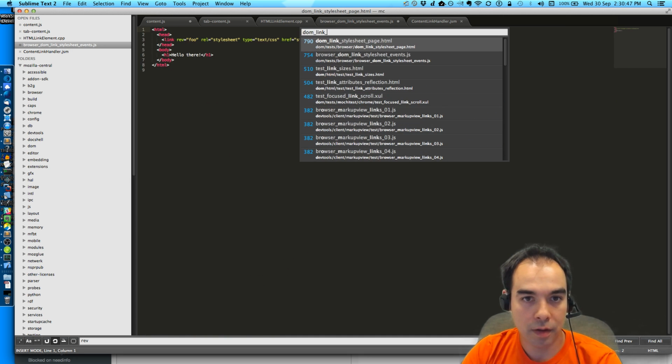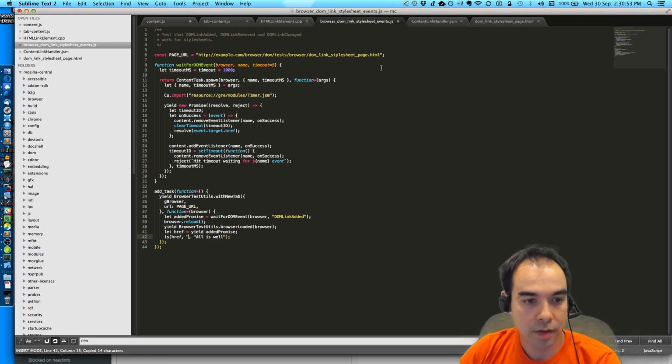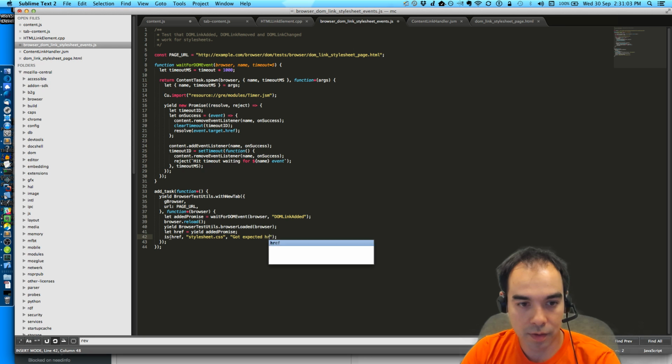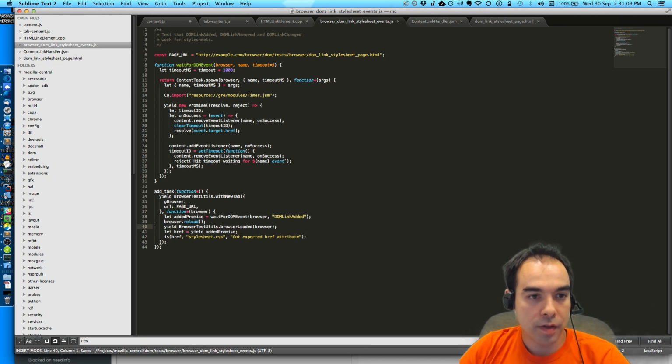It will be stylesheet.css. Expected source attribute. Okay. So that's how I think it would work.